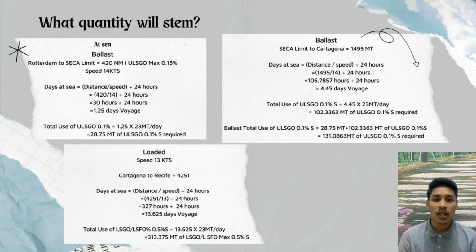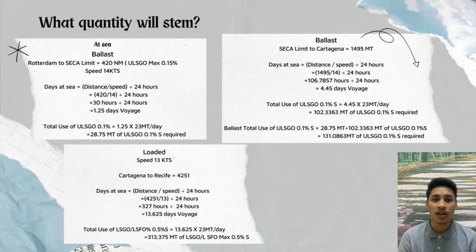The total use of ULSGO 0.1% equals 4.45 multiplied by 23 MT per day. We will get the result 102.3363 MT of ULSGO